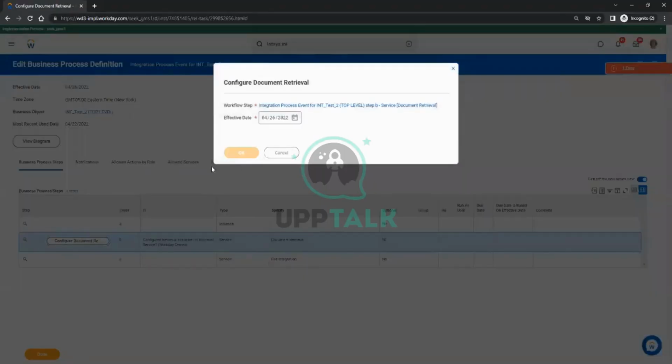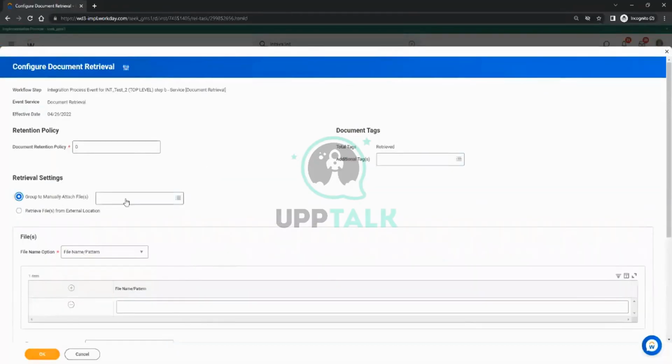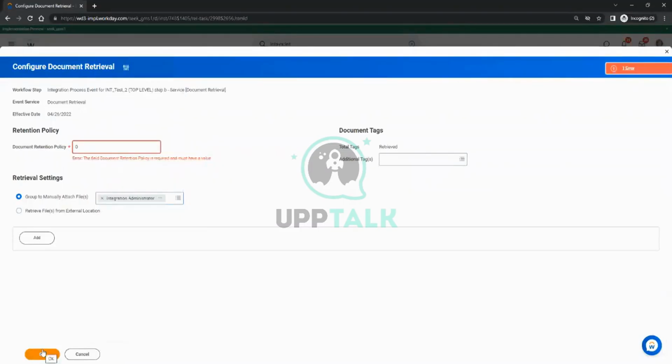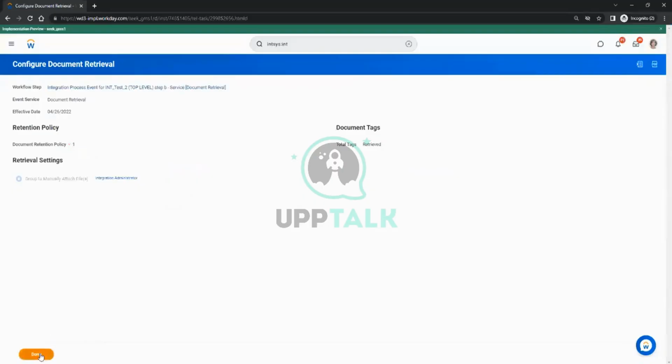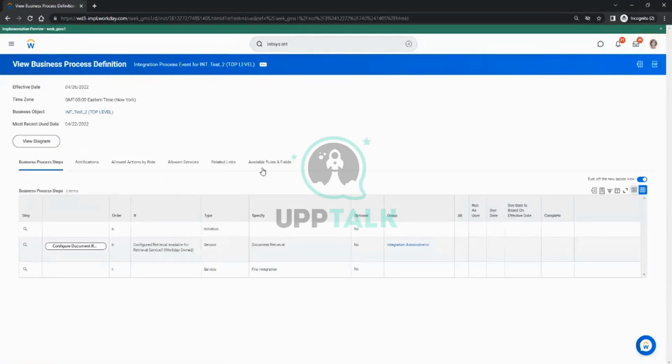Let me just make it manually attach. Right. This is the standard which we have seen so far. Last week also we did that. If you want to configure, then either you do a retrieval or now, since we have seen a document transformation integration,